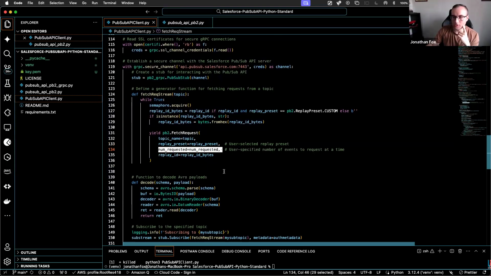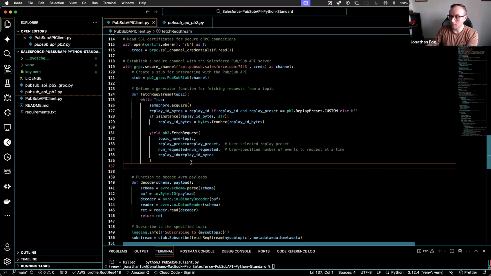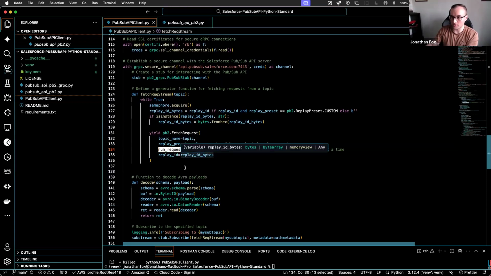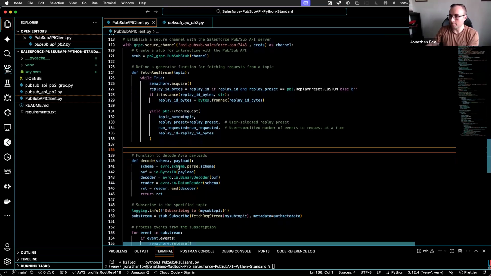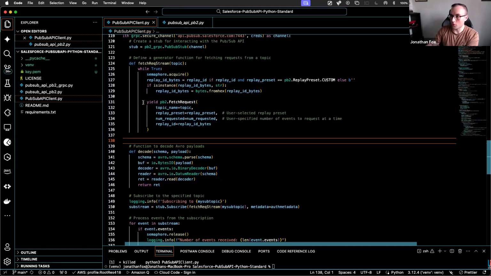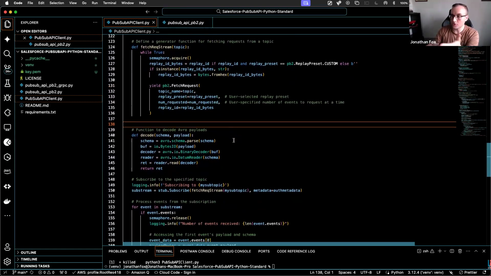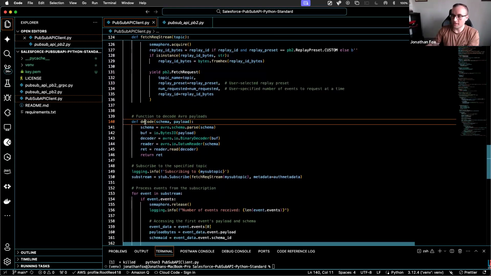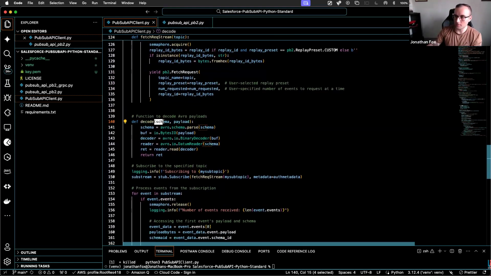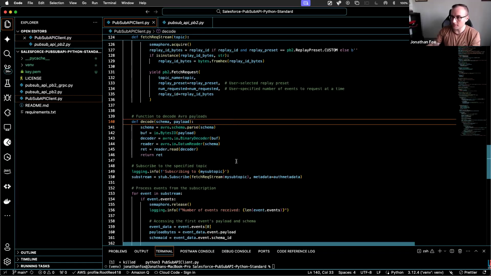As I mentioned in the deck, you can say how many you want to receive in a go. And yeah, that's you requesting the particular events from a particular event stream. You're then going to decode any that you receive using the schema, the Avro schema, and you're going to obviously use the payload that you've just received.